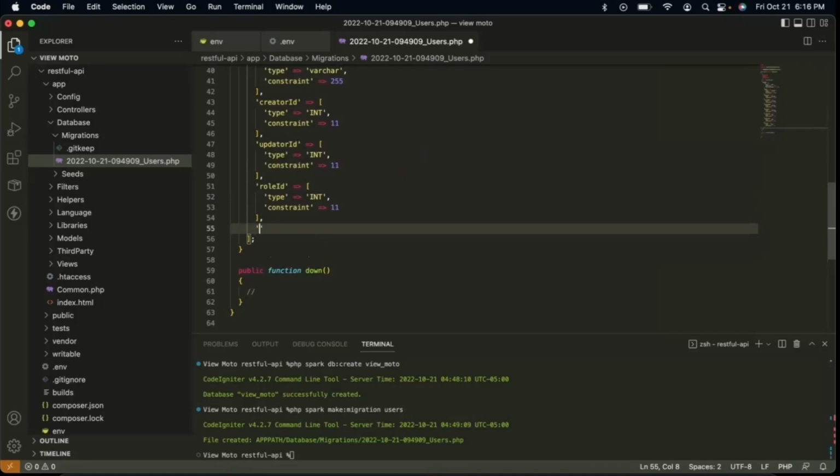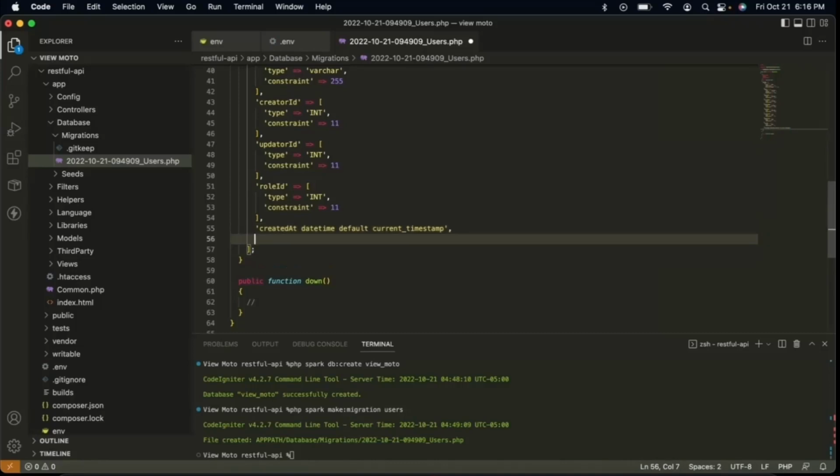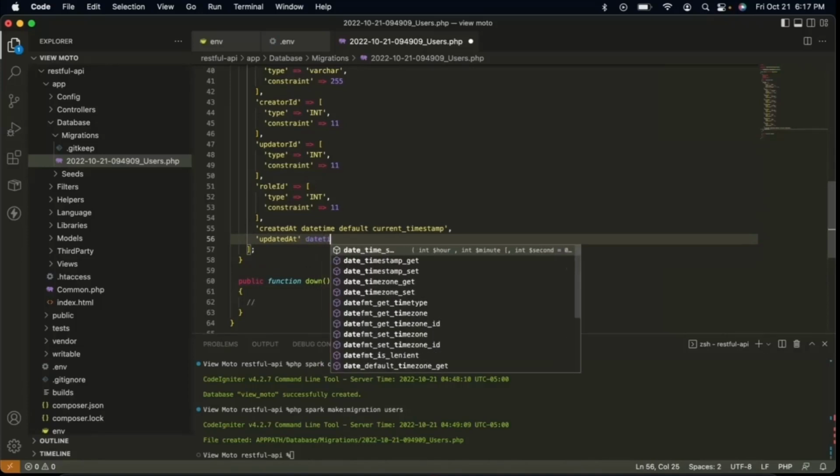So created at, and then date and time, and then default value is current timestamp, and then after that updated at, and then the value is date time only,